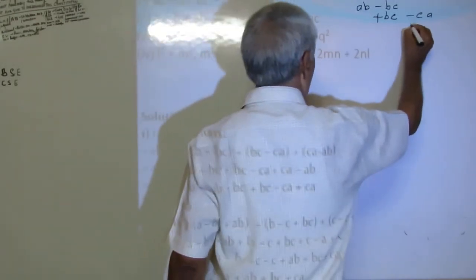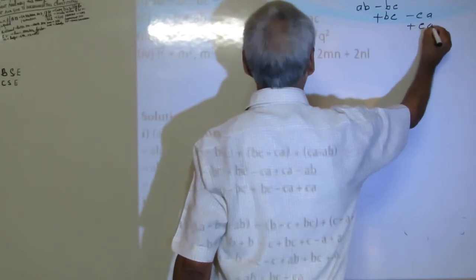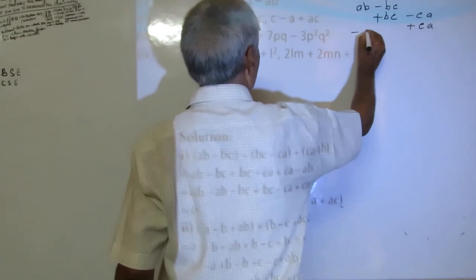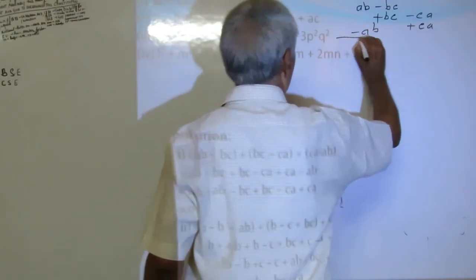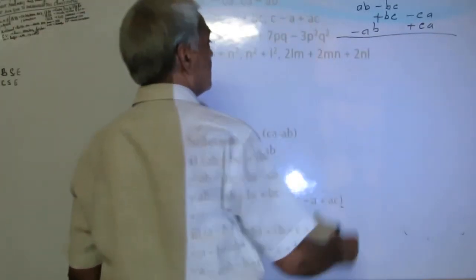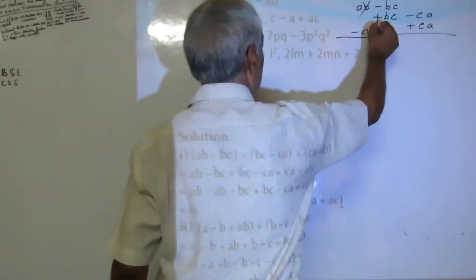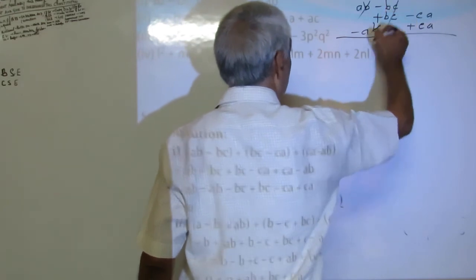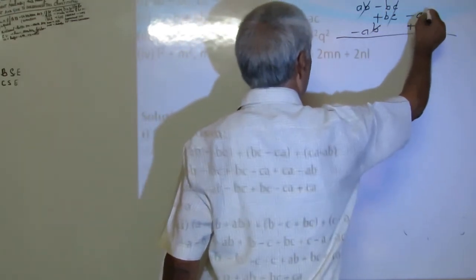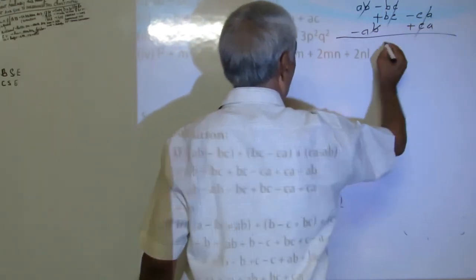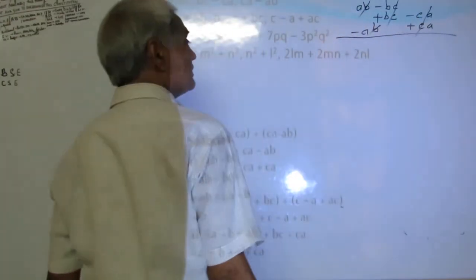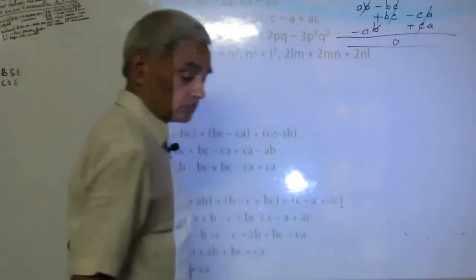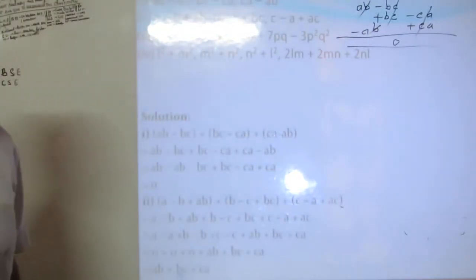So below the CA, CA is written, and below AB, it is minus AB. Now in addition, plus AB is cancelled with minus AB, minus BC is cancelled with plus BC, minus CA is cancelled with CA. So if you add all these three expressions, you will get 0. So this is the addition of